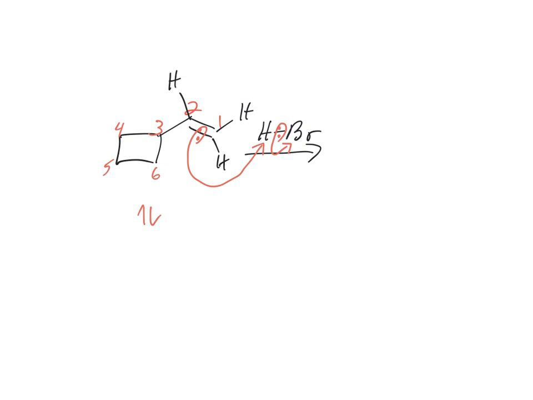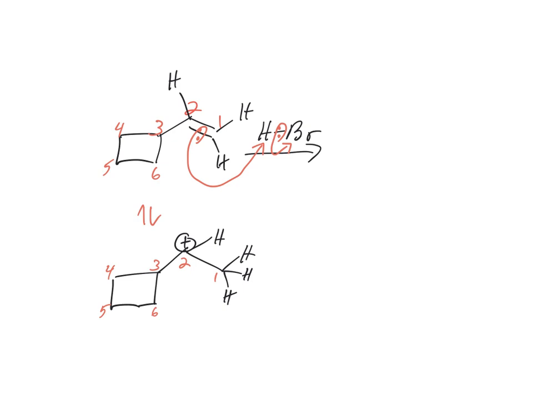Carbon 1. Very good. It means the plus charge is going to be on carbon 2. But the new sigma CH bond is on 1. This H is still on carbon 2. So we have a secondary